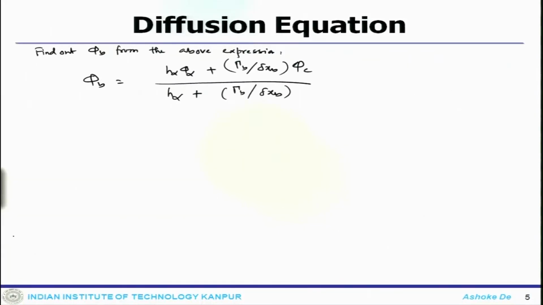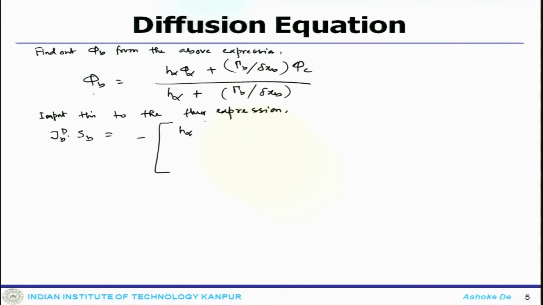So, the information of phi B, once you input this to the flux expression, one can get J B dot S B equals to minus H infinity gamma B by del x B divided by H infinity plus gamma B by del x B, times S B,